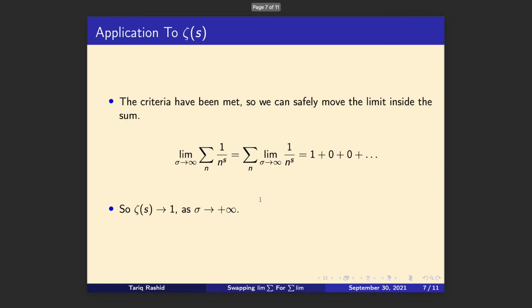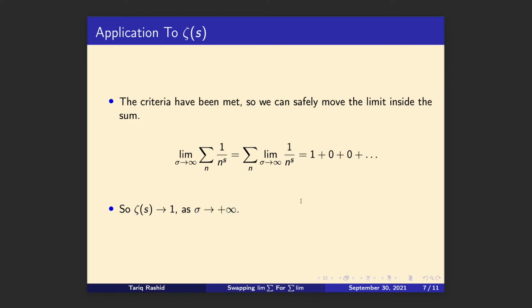Great, so the conditions are met, so we can move the limit inside the sum. So we can say the limit as sigma goes to infinity of 1 over n to the s, summed over n, equals the sum over n of the limits as sigma goes to infinity of 1 over n to the s. And we know that's always 0, except the very first one. So therefore the answer is 1. So the Riemann Zeta function tends to 1 as sigma